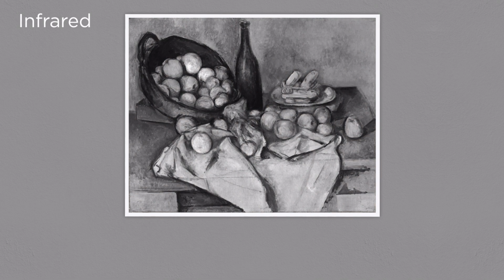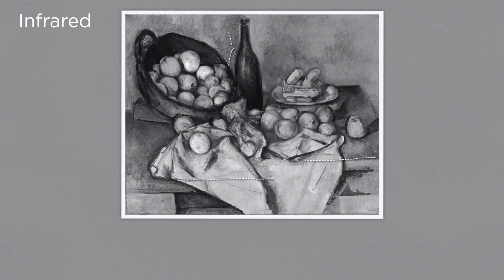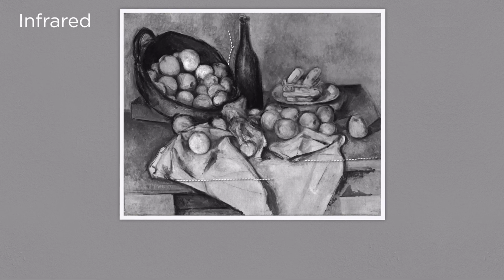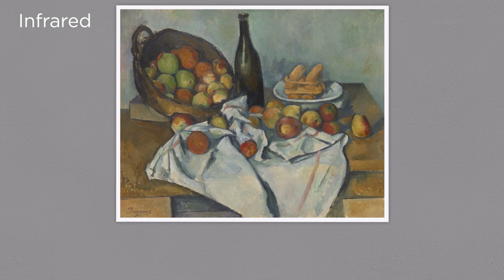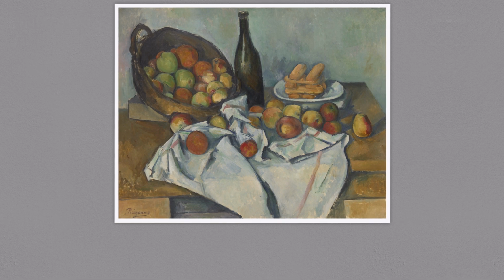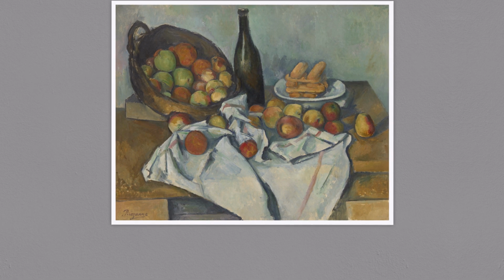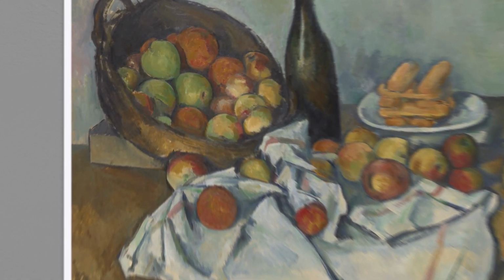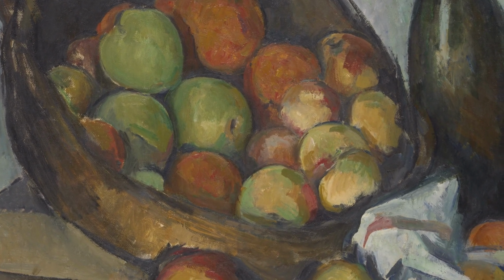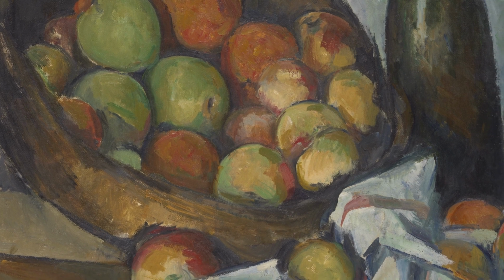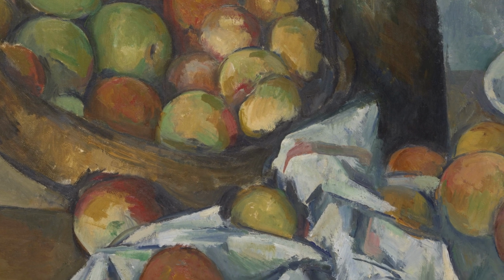Infrared examination shows that Cézanne planned many of these elements in a fairly detailed underdrawing, including the disjointed parts of the table's front edge and the leaning bottle, though both were modified in the painting stage. In the paint layer, Cézanne used color in place of tonal gradations to model 3-dimensional space. This detail shows where he used heavy, solid brushstrokes of green, orange, and red to convey the round, firm forms of the apples. Throughout the painting, color both creates and breaks the sense of illusion.